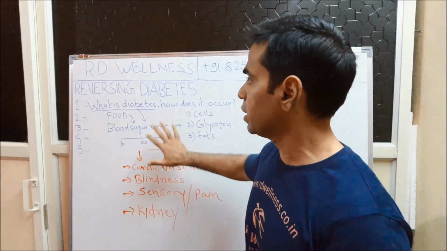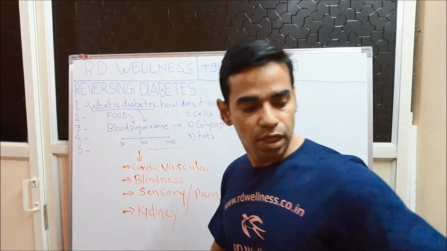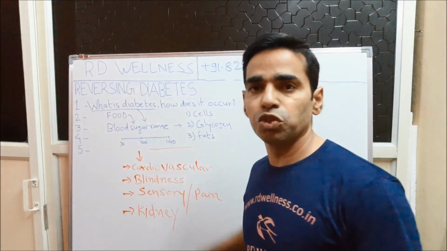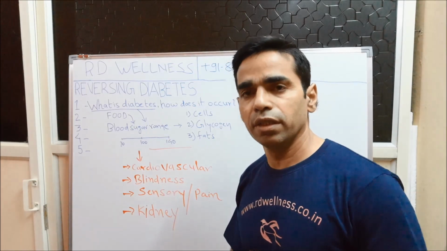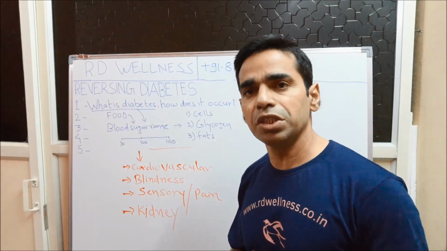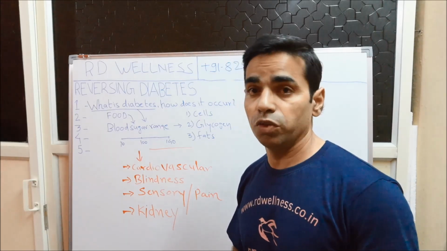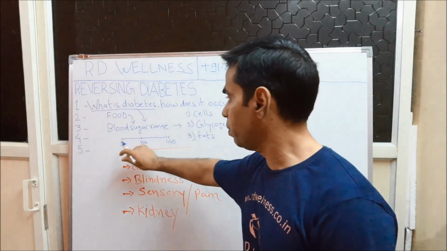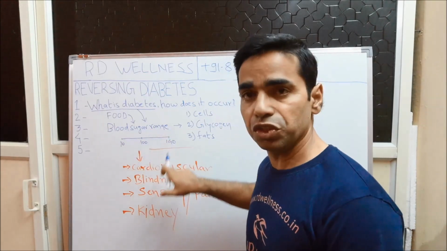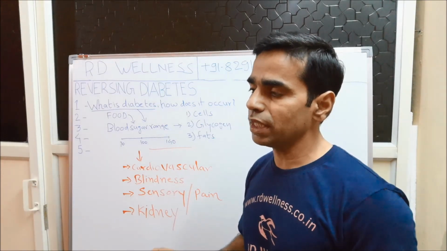Okay, so let us first understand in the first part what is diabetes and how does it occur. Now everything about diabetes has to do with the sugar. You already know it. Why does the sugar come into play? Because sugar is an essential part of our blood. Your blood contains sugar. Now the trick is that the sugar in your blood can only be in a certain range. What is that range?